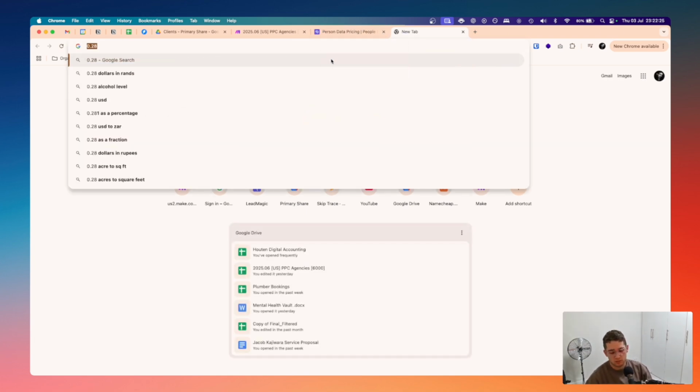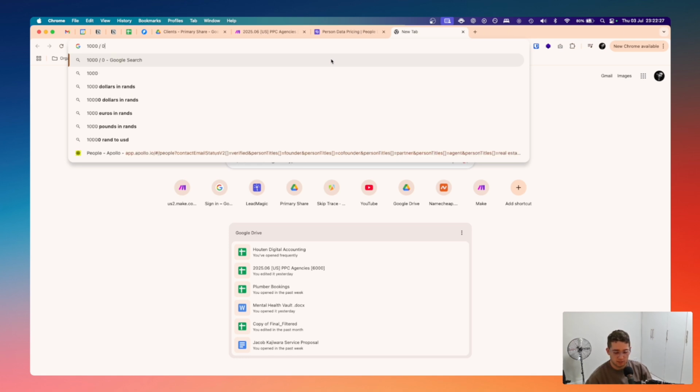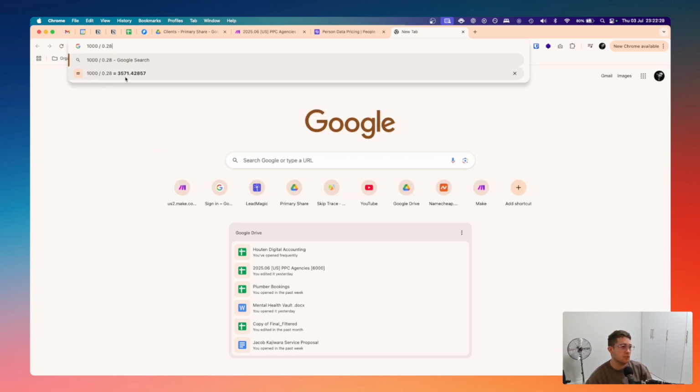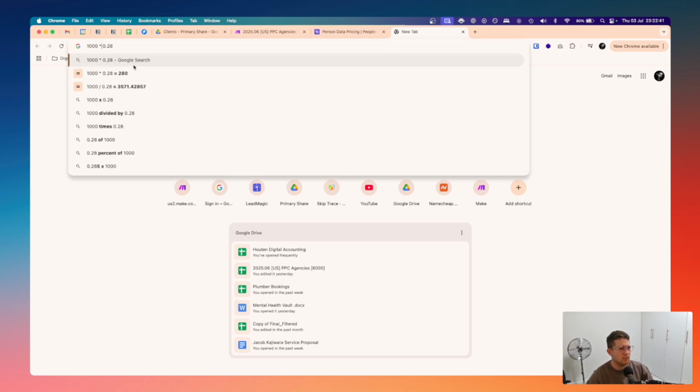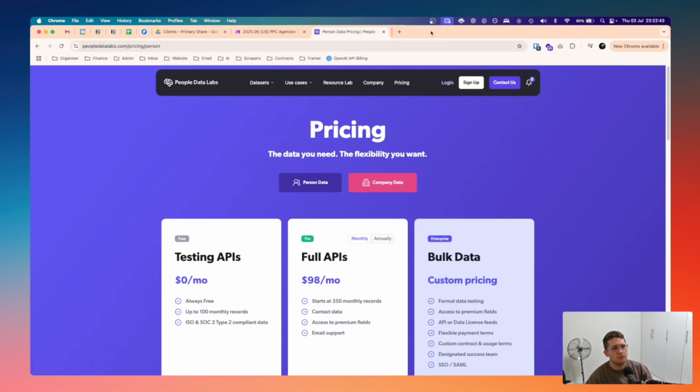So if you were to do 1,000 times 0.28, it is $3,500. I'm dividing. My bad. Yeah, I thought that was a bit odd. $280. There we go. So very good platform.